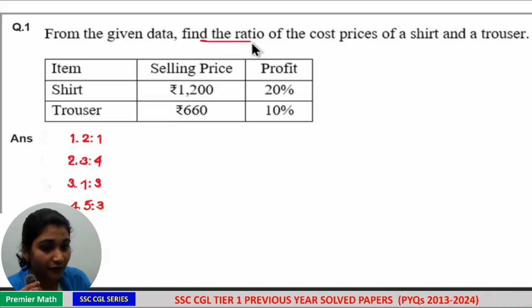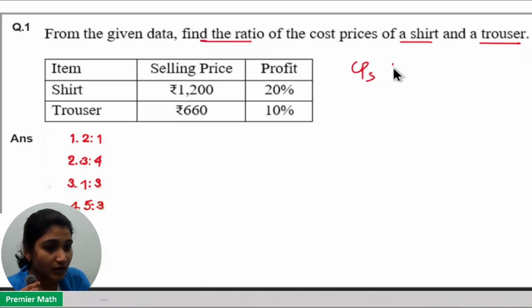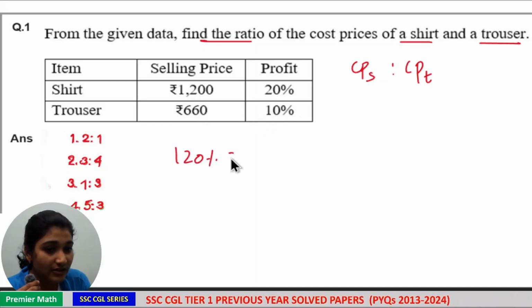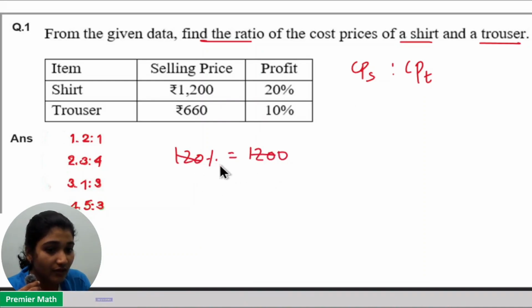From the given data, find the ratio of cost prices of shirt and a trouser. Cost price of shirt and trouser. If I am taking 100% as cost price of shirt, then 120%, 100 plus 20, 120% is the selling price, which is given as 1200. So here 120 cancel, 1% is equal to 10 and 100% is equal to 1000 rupees is the cost price